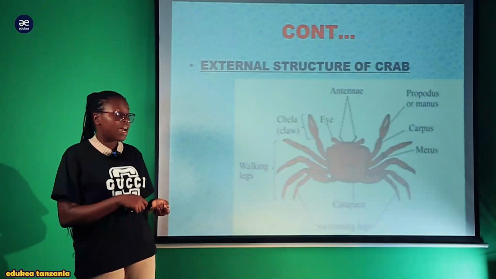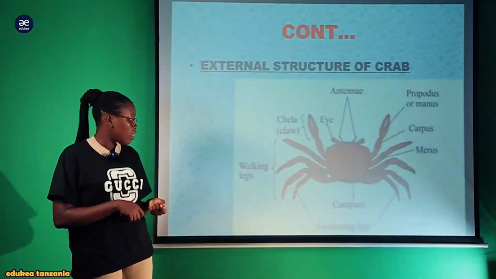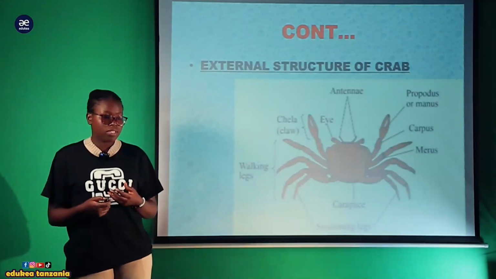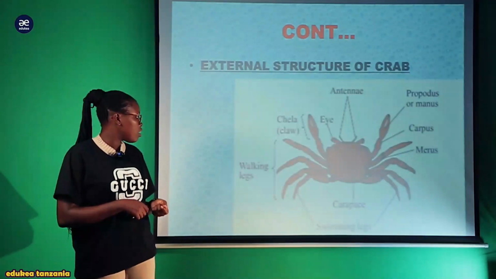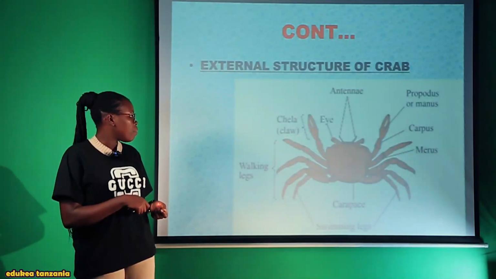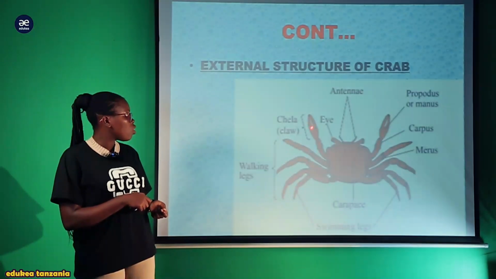They have stalked eyes, ambao ni compound eyes kwa ajili ya vision, and they have this hard exoskeleton ambayo inaitwa carapace kwa ajili ya protection, and these are jointed branched appendages kwa ajili ya walking. Alafu hii hapa juu ni claw, ambayo kuna hii hapa pincers ambayo inasaidia